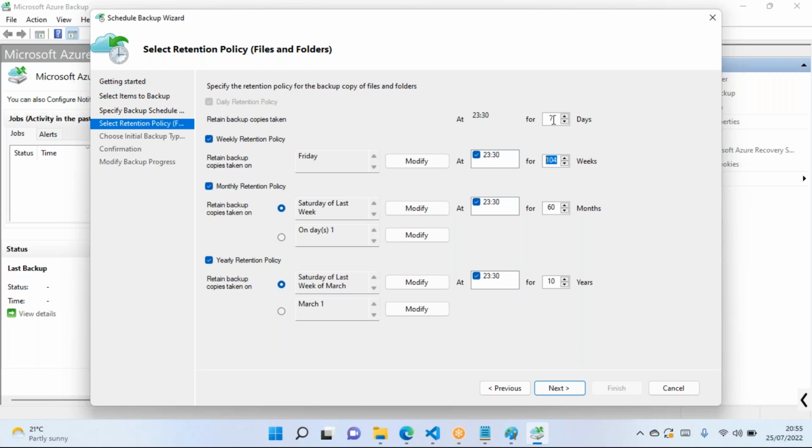On the 8th day, the very previous old backup will get deleted, and then the 8th day will become the 7th day. So it means it will take care of this automatically. The previous backup will be deleted and an additional backup will be added, so that you will have the total count of 7 days. Okay,